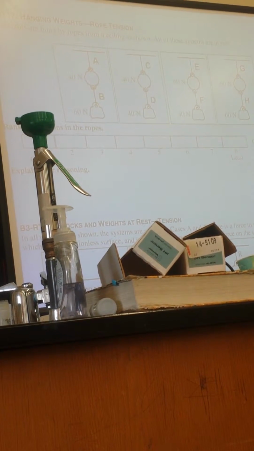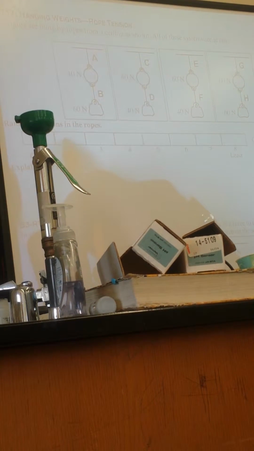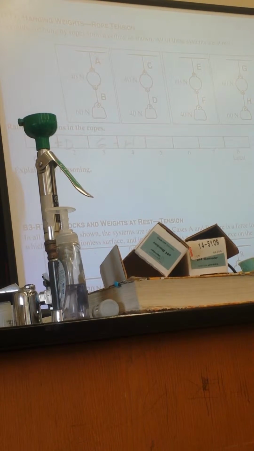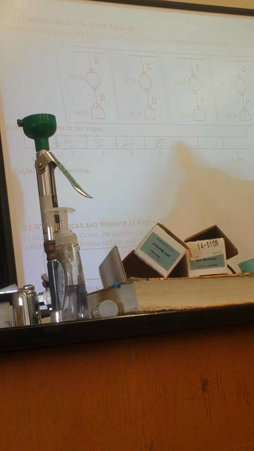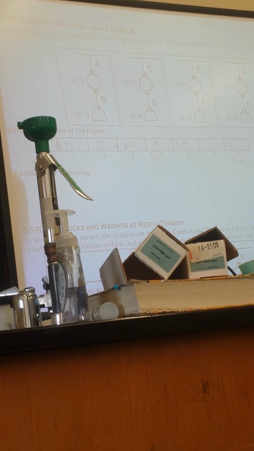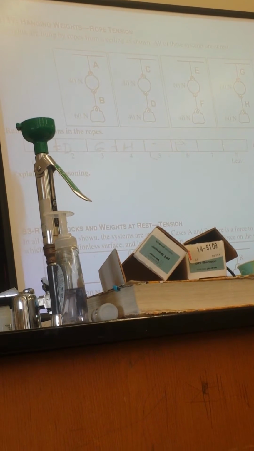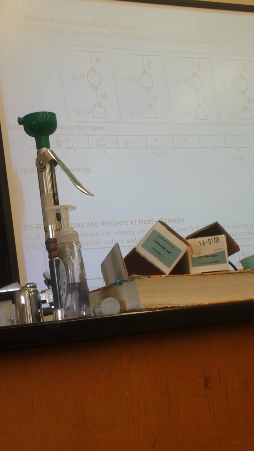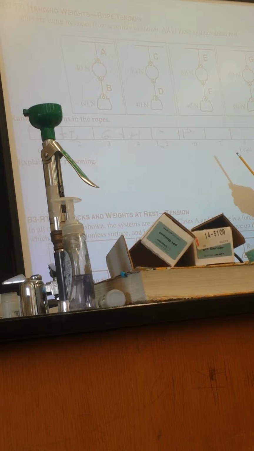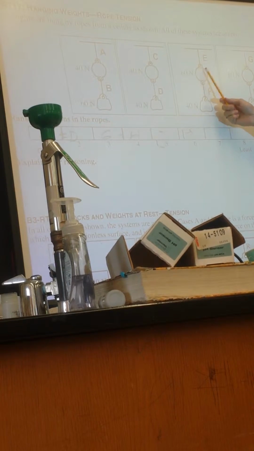I put that C and D were equal to each other, and then that G and H were equal to each other. You're saying C, D, G, H, so these two are equal, these two are equal, okay. And then for E and F and A and B, I don't know. So this one's a stumper for you, kind of. I think that they would be equal because it's a whole system, and I don't know. Would it be helpful for you to isolate maybe? Let's do one of these that you weren't sure about, E and F.